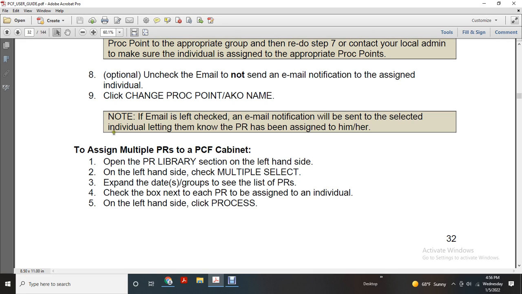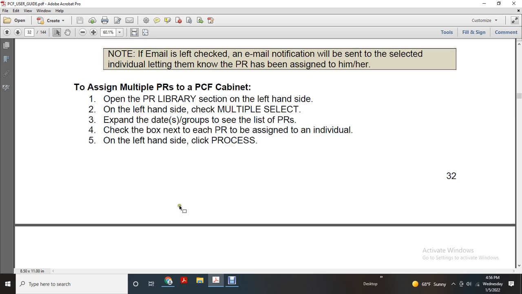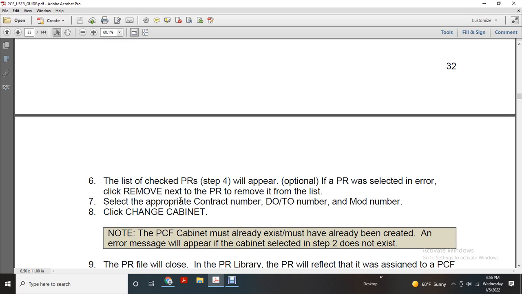Open the purchase request file library selection on the left hand side. Click multiple, select expand with the date of the group, select the purchase request, check the box, link the purchase request to assign to an individual, click on the left hand side, click process. The list check for the purchase request will step forward and will appear with the optional purchase request selected